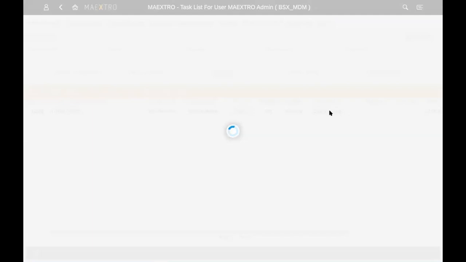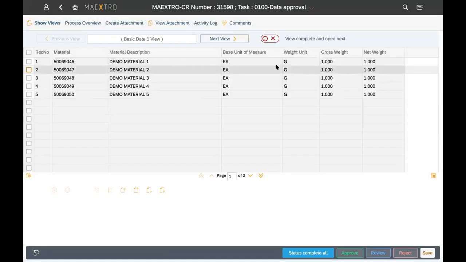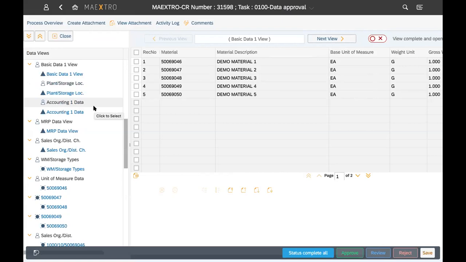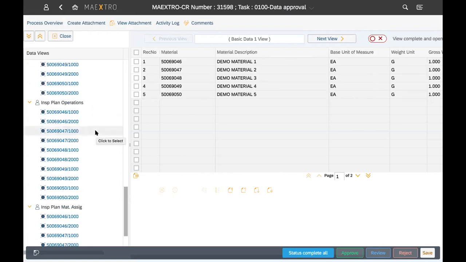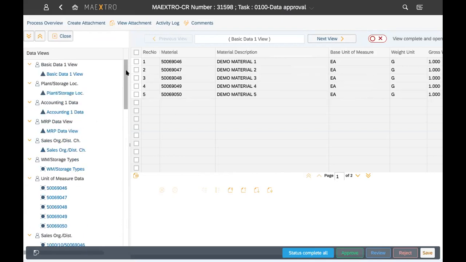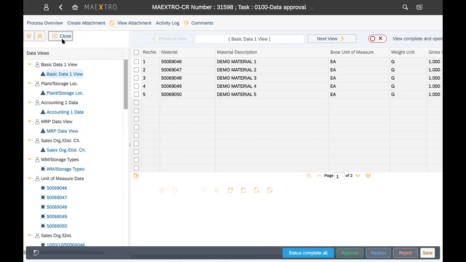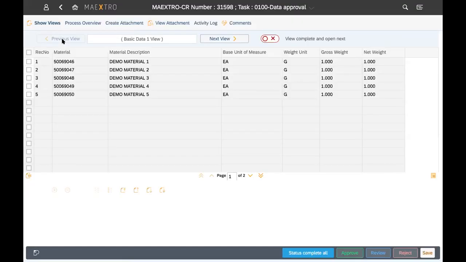What I'm going to do is either flick through the views, or go on show views, and then in the background you can see that it's creating all this data for you. So it's creating the inspection plan, it's creating the control cycles. As an approver, I can click on individual views and change it, or because it's all mostly driven by rules and the validation is taking place, I might just go and say, okay, mark status